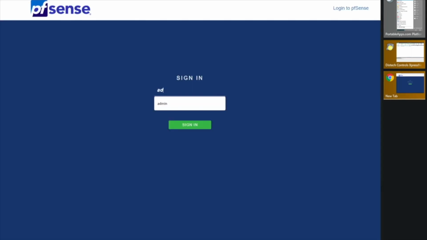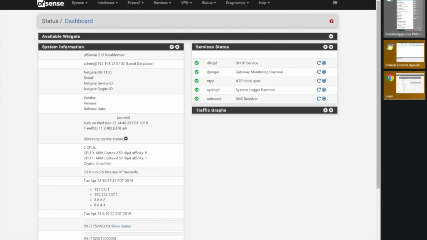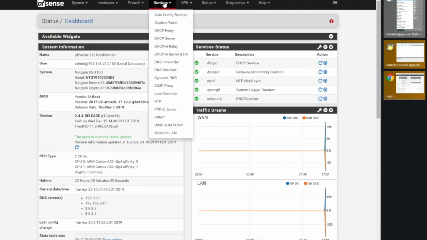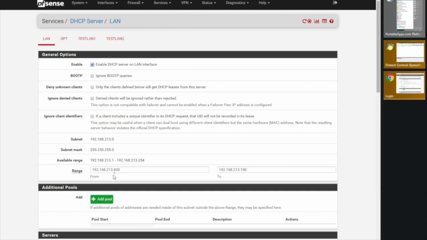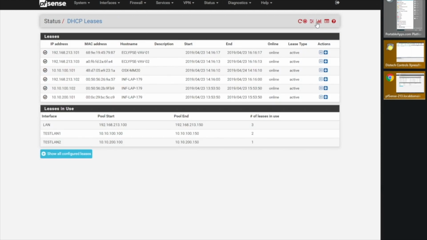Okay, this is the interface for the router which assigned the DHCP addresses to the controllers. We're sitting at the interface for the router, and we're going to go into the services of the router, and we're going to look at DHCP. And this router has a single range from 100 to 150 with a subnet mask of 255.255.255.0. So the controllers were individually given the addresses 101 and 103 from the DHCP server, and those were the